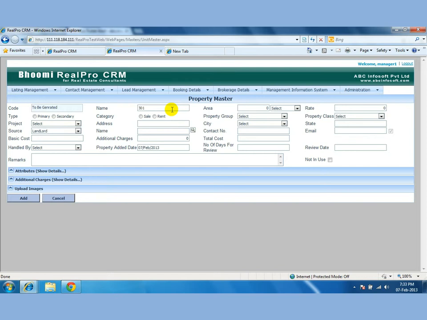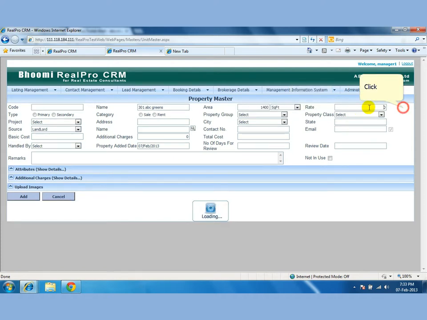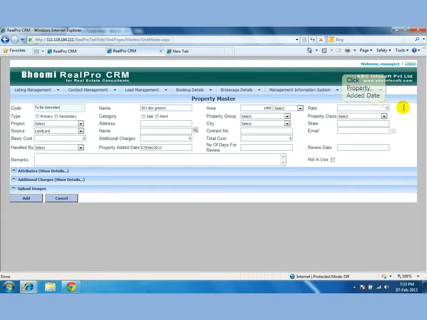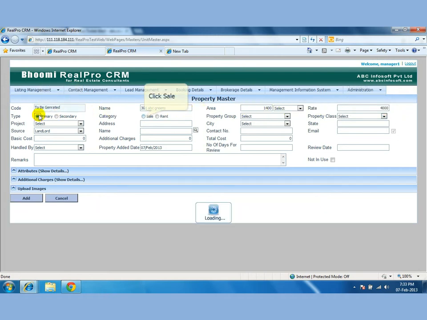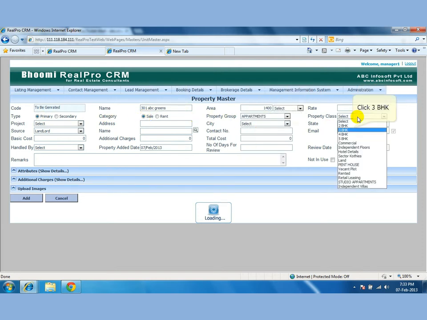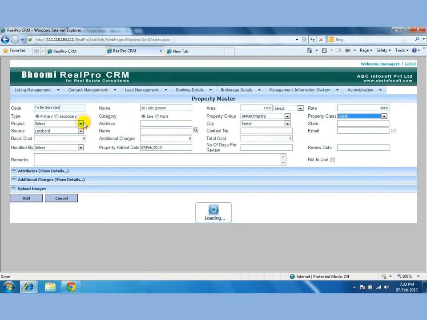Again, we need to enter some details of the property. Like here, 301, ABC Greens. Again, area, square feet, rate, property type, category, property group, apartments, class, 3 BHK, project. I've selected ABC Greens.